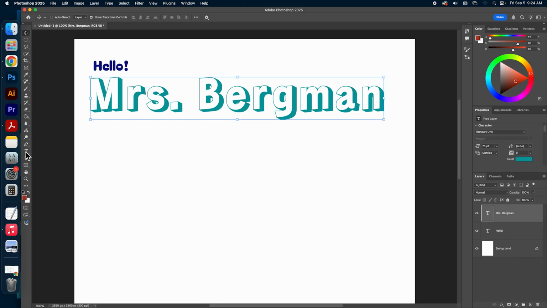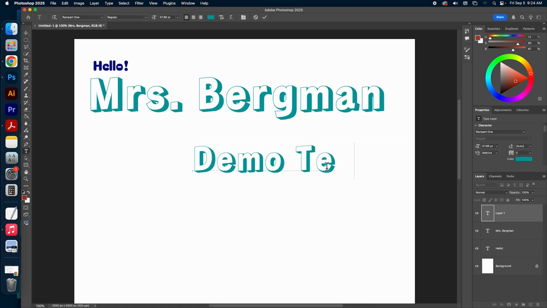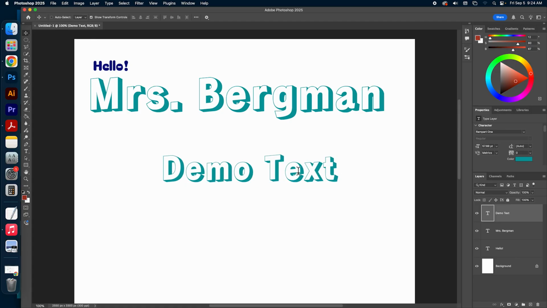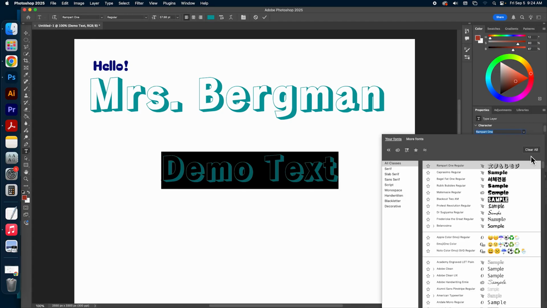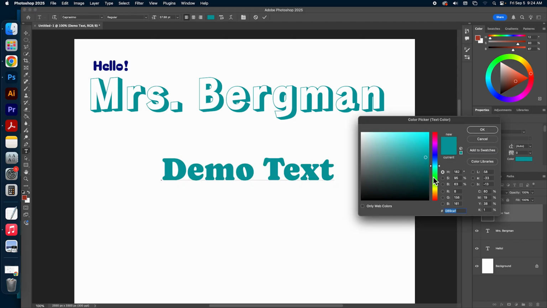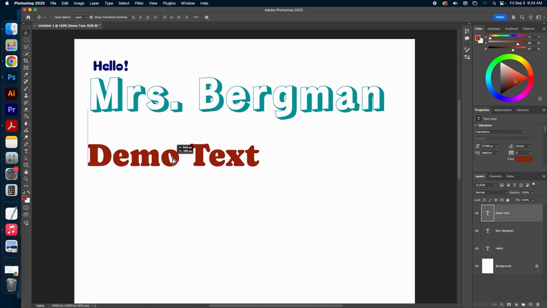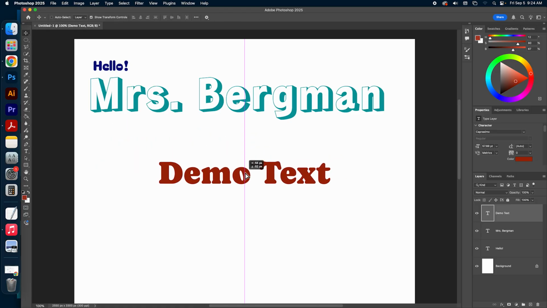Okay, so let's create another line of horizontal type. Demo text, yeah. And for this one, I'm going to use a less fancy looking text typeface so that it's a little bit easier to tell what I'm doing.